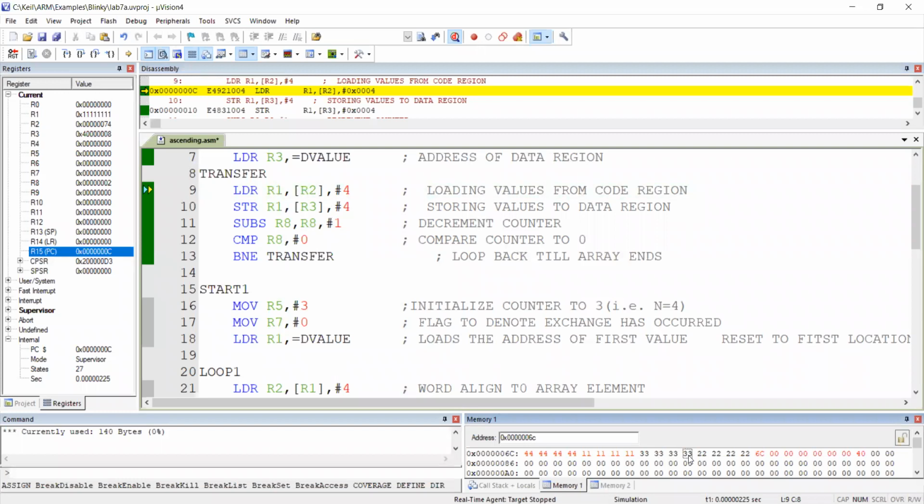I have to take 4 continuous locations. If I take from 4 continuous locations, then only I will get a full 32 bits. Once you take, you should not forget to update the pointer, because if you don't update the pointer, the next time it comes again it will take the same 333 only. For that reason we are using post-index addressing mode.